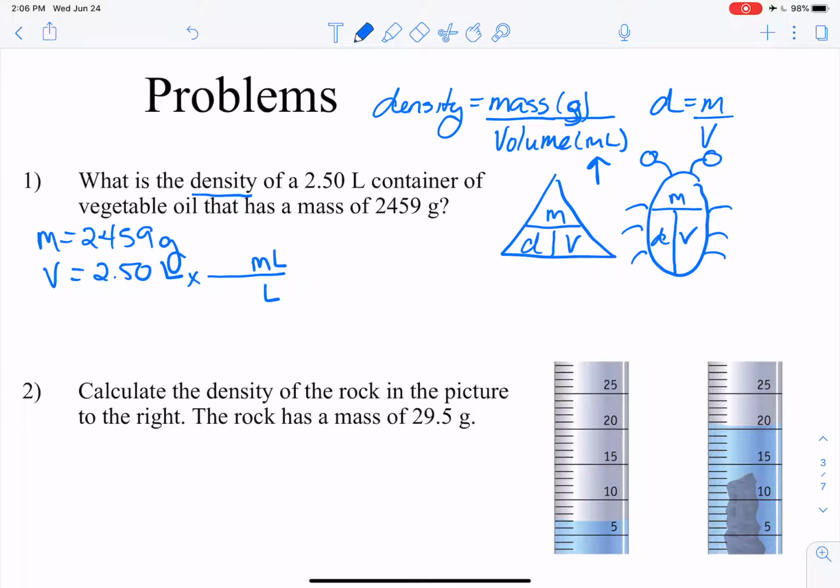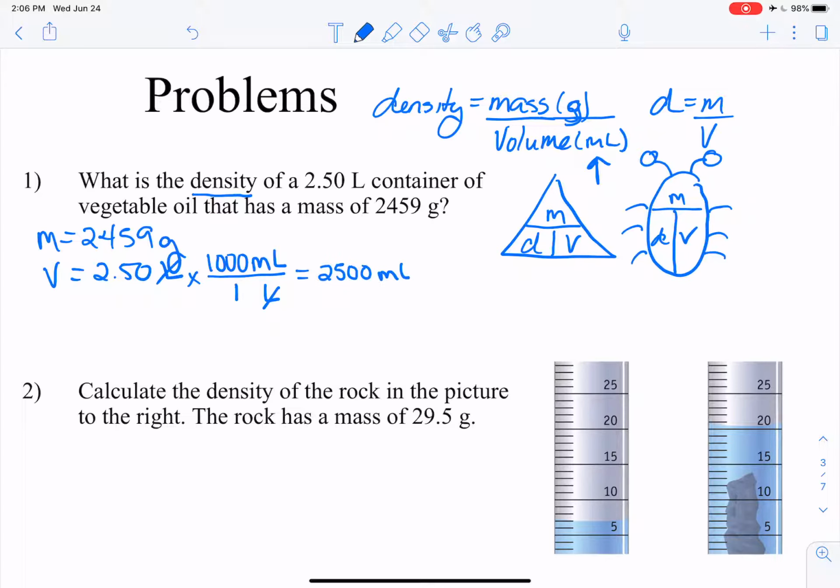Liters. So we're going to put the 1 next to liters and figure out how many milliliters we can cram into a liter. Well, this is one of those ones that you should know by now, and if you don't, just pull out a chart and it'll tell you that there's 1,000 milliliters per every 1 liter. So the liters cancel out and we do the multiplication on that, and what we're going to get is